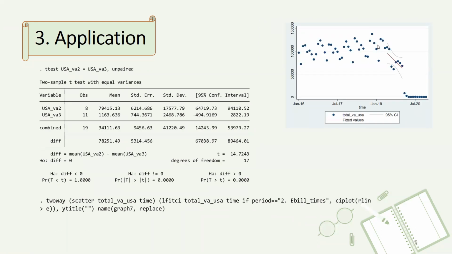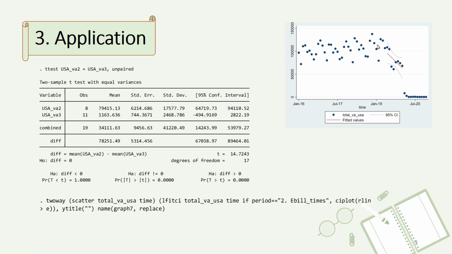So next is going to be a similar thing. We want to t-test the visitor arrivals from USA during period 2, e-bill times, versus during period 3, the COVID times. So again, we're going to type ttest USA VA2 == USA VA3, unpaired. And then directly below the table, we can see that the t is calculated as 14.7243. And again, if we only want to know whether they're different from zero, we can use the alternative hypothesis in the middle, which is the two-tailed test. And then the p-value under it is